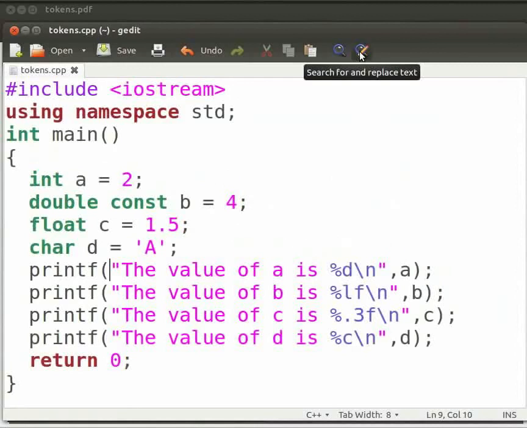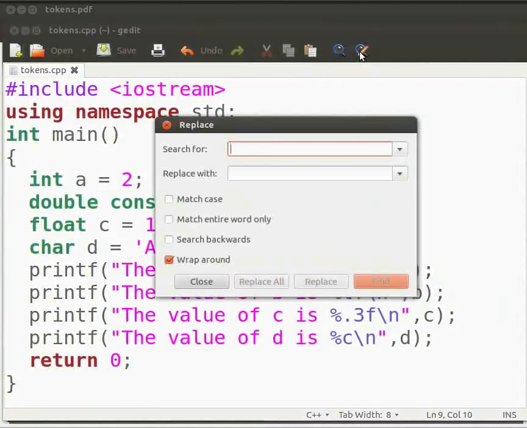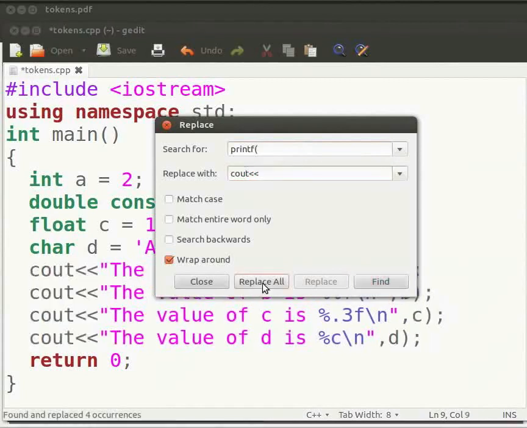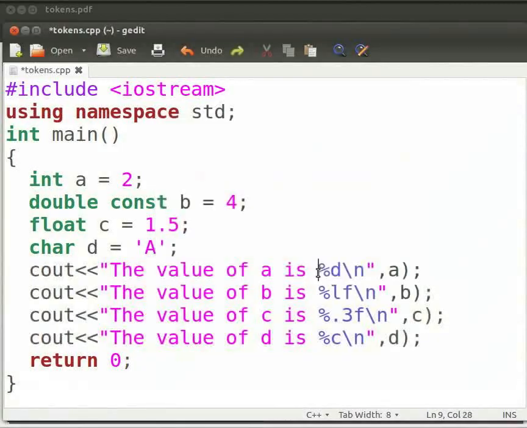Click on search for and replace text option. Type here printf opening bracket and here in this column type cout and 2 opening angle brackets. Now click on replace all and click on close. We don't need the format specifier and \n.